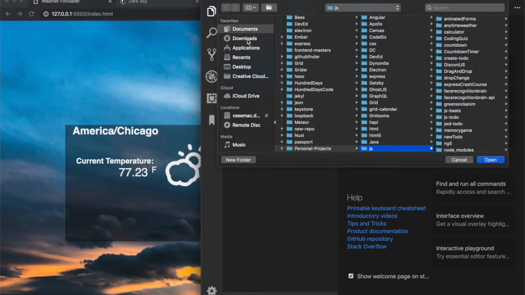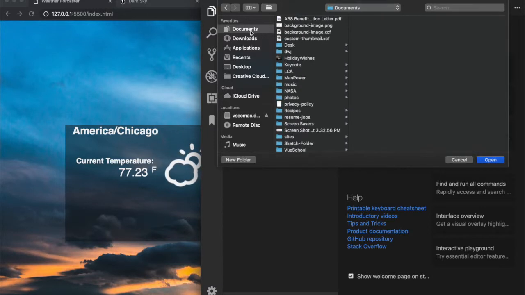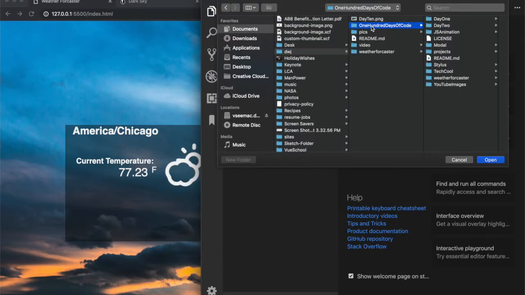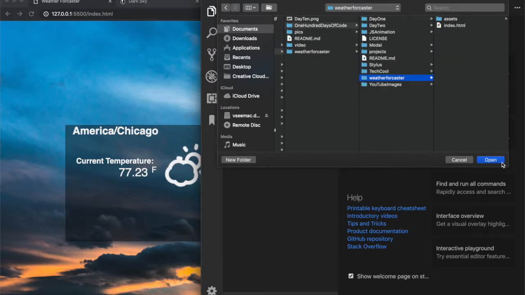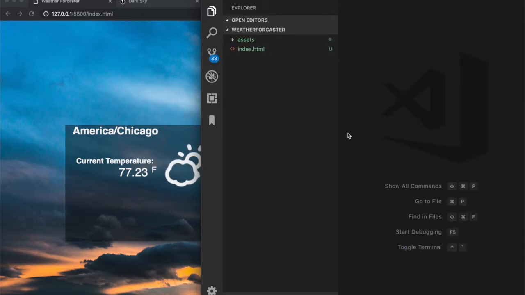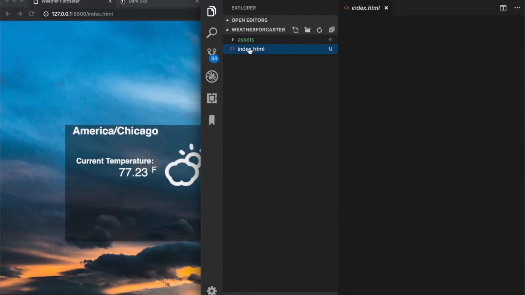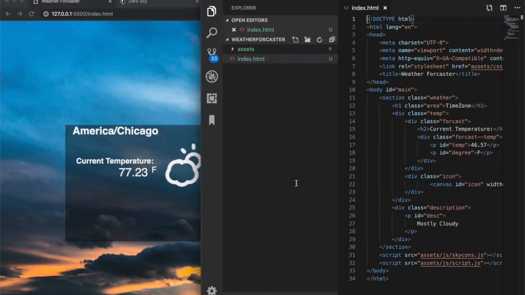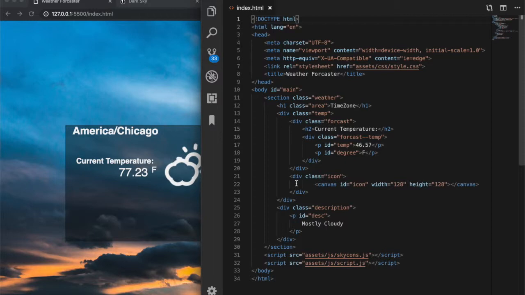So let's navigate to where you got your code at. Open it up in your IDE. And as you can see, I already got the HTML completed for you to save some time. And let's go through it real quick though. I got the link to my style sheet. I changed the title to weather forecaster,